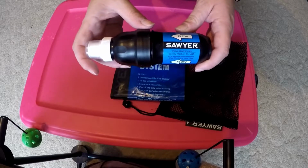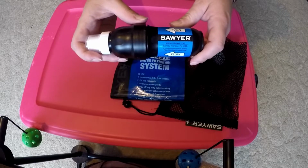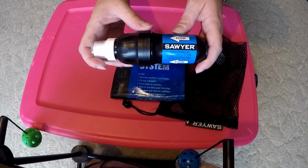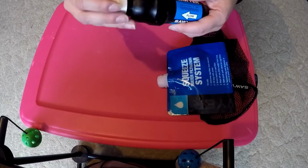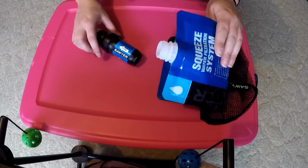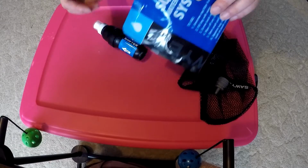I purchased this off of Walmart with a gift card that I had for about $30 or $40. I want to say it was more around the $30. So basically what happens is when you are out hiking or car camping or whatever, and you need water and